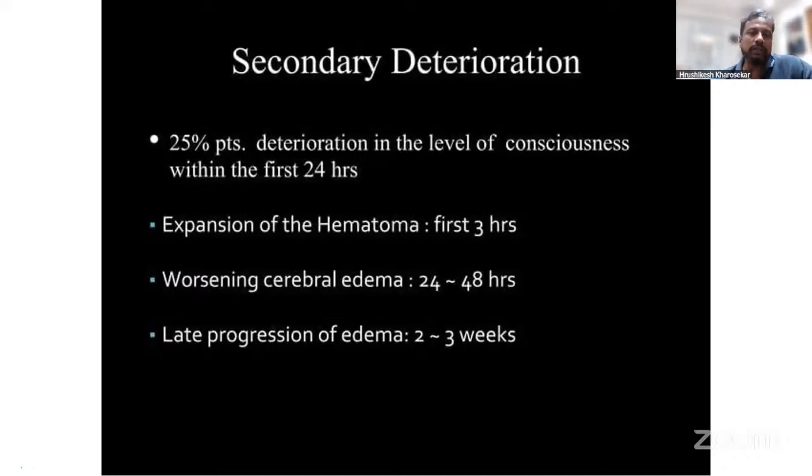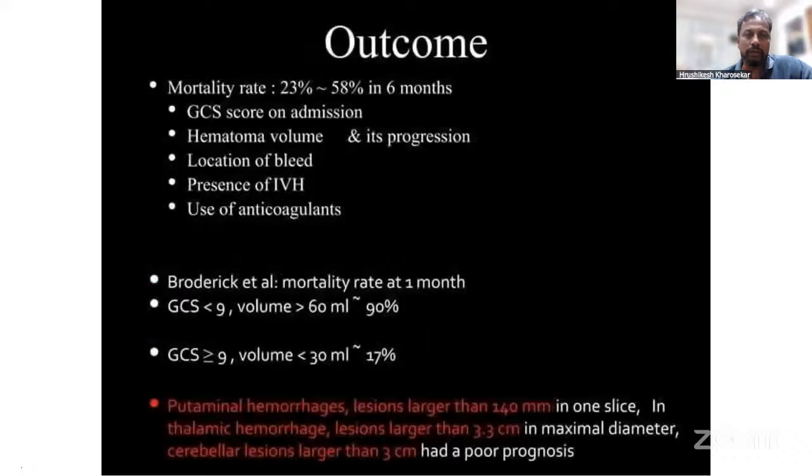Secondary deterioration is seen in 25% of the patients within 24 hours. It is usually due to expansion of the hematoma in the first 3 hours, an increase in cerebral edema in the next 48 hours, and late progression of edema seen in 2 to 3 weeks. The mortality rate is usually between 23 to 58% in the first 6 months. The prognosticating factors are GCS score on admission, hematoma volume, location of bleed, presence of intraventricular hemorrhage, and